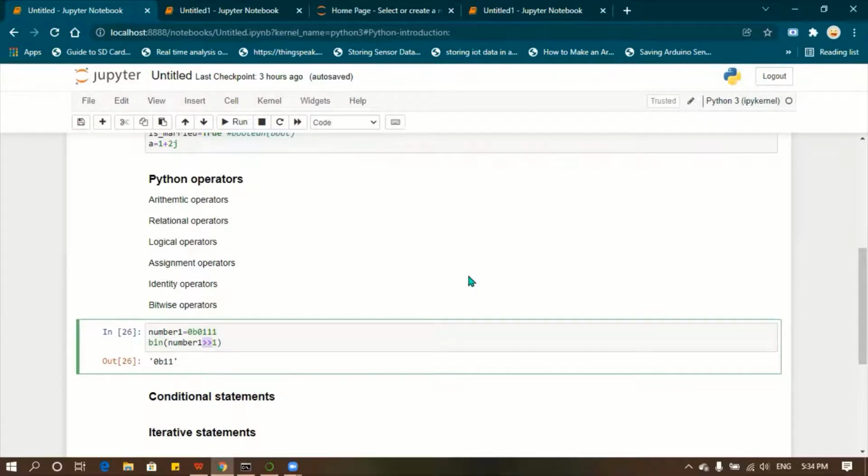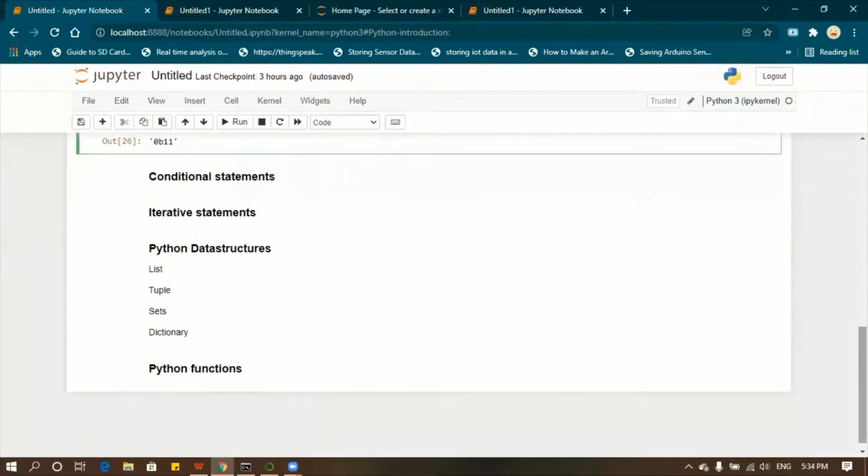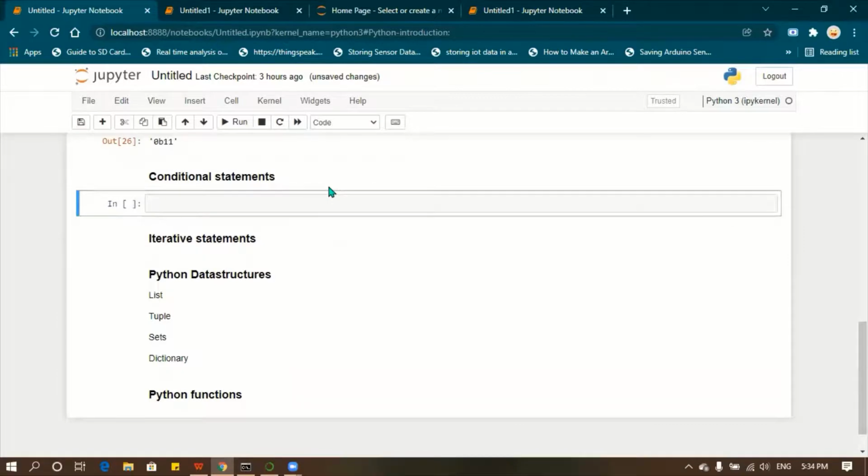Okay, so next we are moving on to the conditional statements. With conditional statements, we have to check some conditions. We are going to use certain syntax for that. For example, we check whether number 1 is greater than number 2, and if it is, what operation do we want to do?